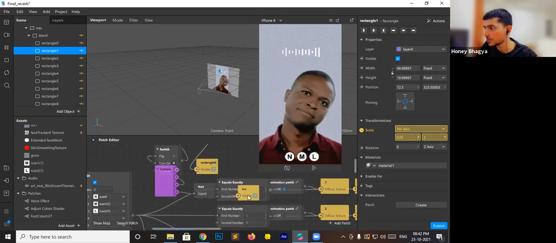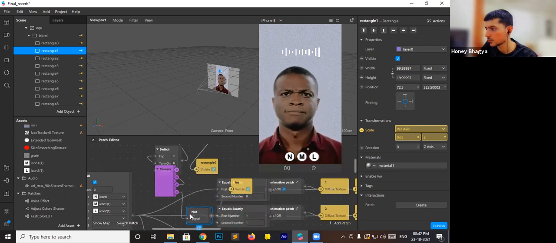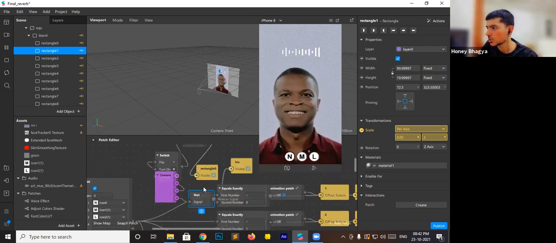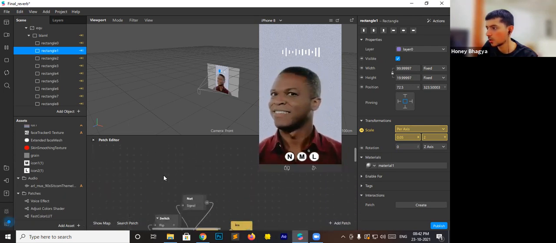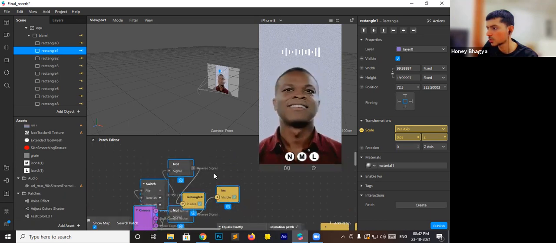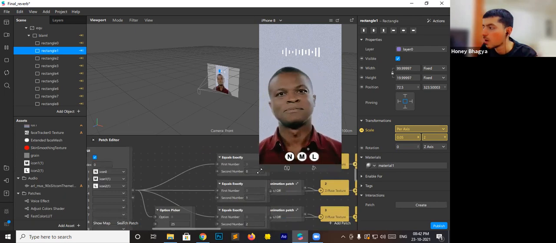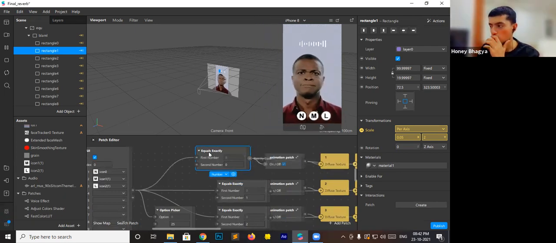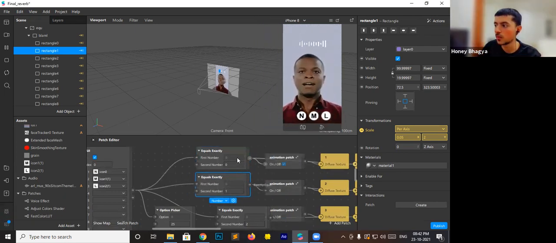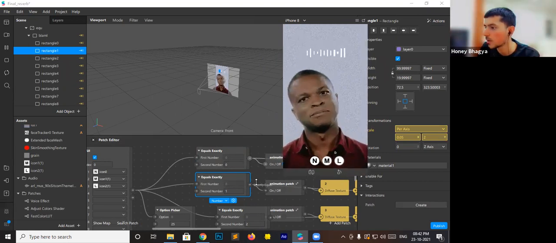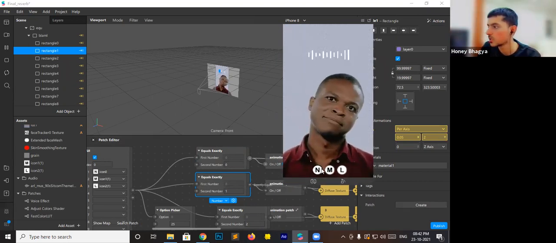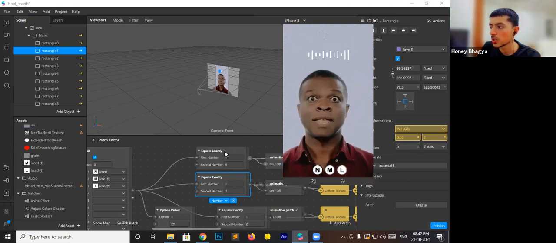And then there is the instruction with camera recording. I'm going to explain this later. So we have an equals exactly patch. So what this patch does is, if the value matches the first number, then the value is true. So for example, currently we are at 0, normal. So the first value is true.